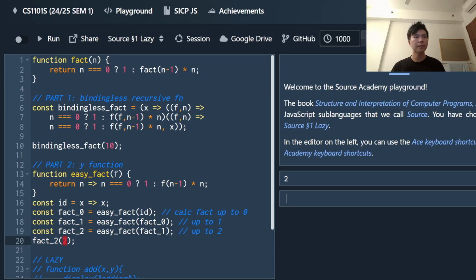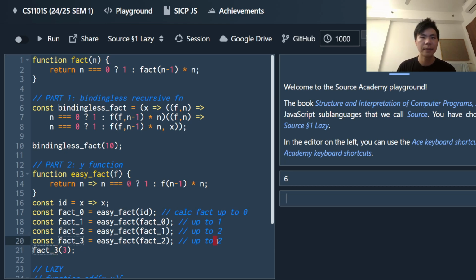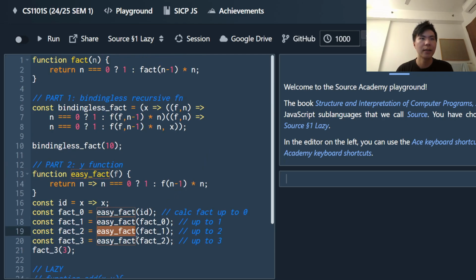That it works. And if I repeat this structure once again, then you can see that it works up to 3. Sorry, fact 3 works up to 3. And so the key, once again, the explanation over here is that it's kind of inductive, right? If fact x works for factorial up to x, then passing fact x into easy factorial means that